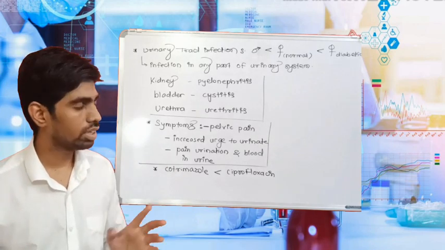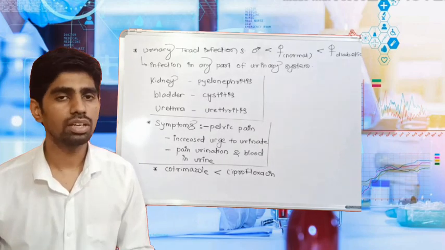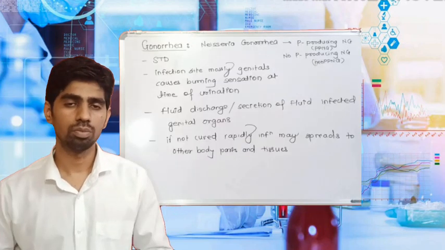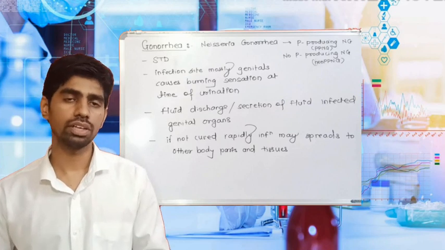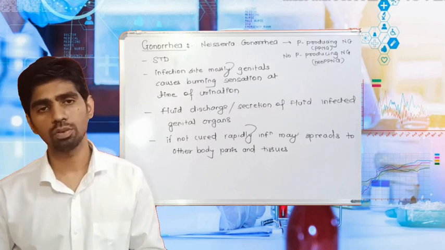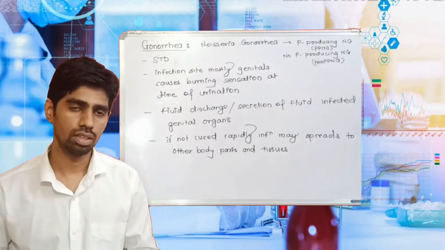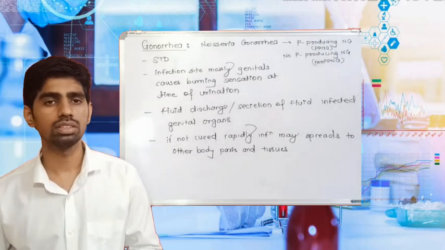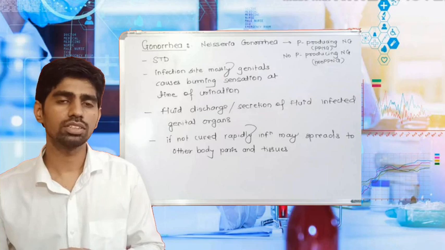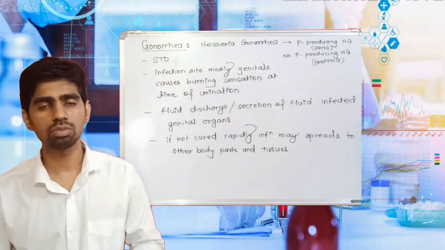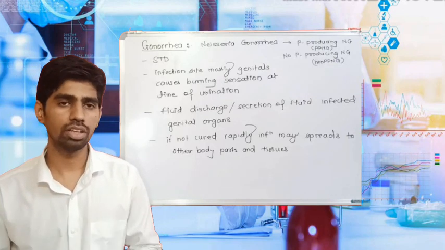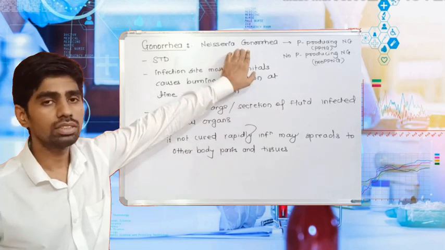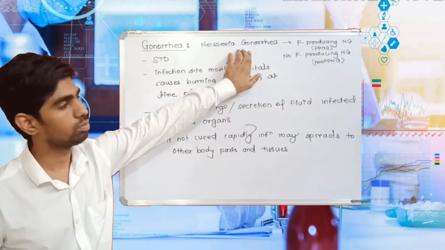So, that is everything about urinary tract infection. Now we are moving to the next use. The second use of ciprofloxacin is gonorrhea. It is an example of a sexually transmitted disease, meaning the chances of infection are higher at the time of sexual activity with an infected person. The causative organism is Neisseria gonorrhoeae.